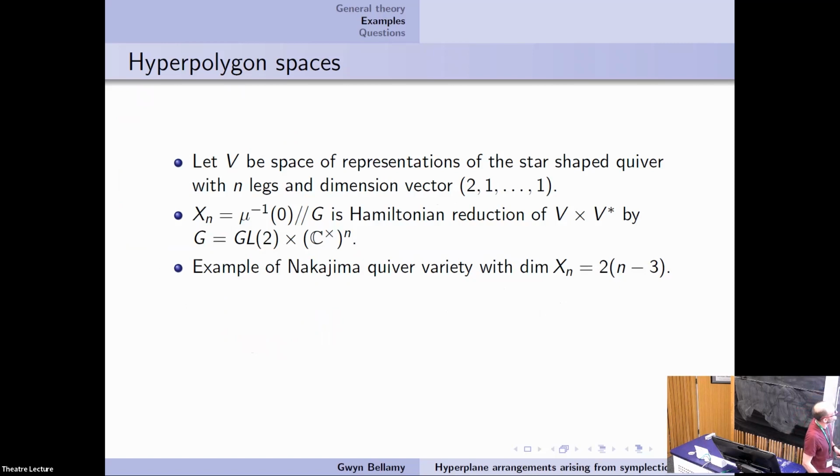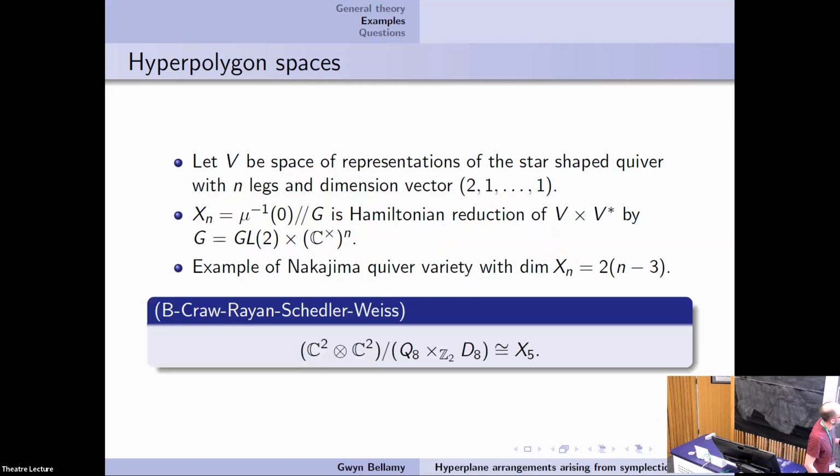You can do the same game again, but this time it's a Hamiltonian reduction. You now have a connected reductive group acting instead of a finite group. You do this Hamiltonian reduction and you get a quiver variety of a given dimension. Mu is the moment map for this Hamiltonian action. You want n greater than or equal to 4, otherwise it doesn't make sense. So for 4, you get the D4 singularity, and for 5,